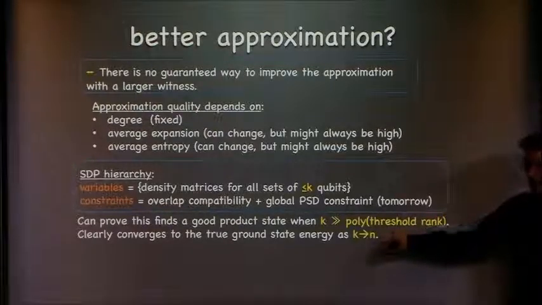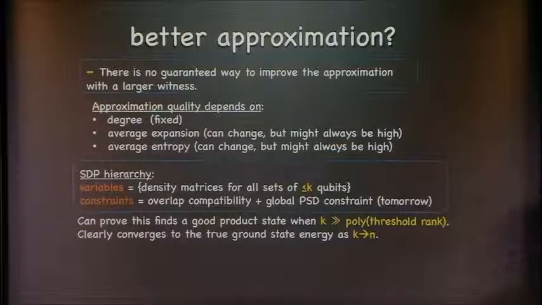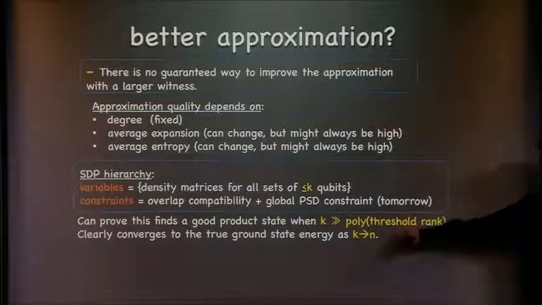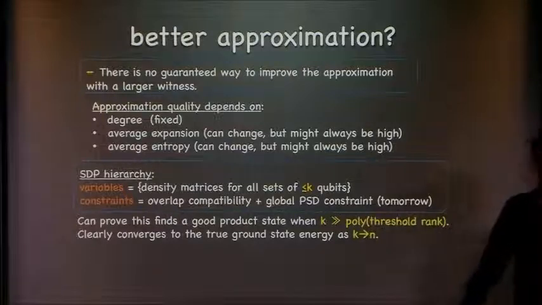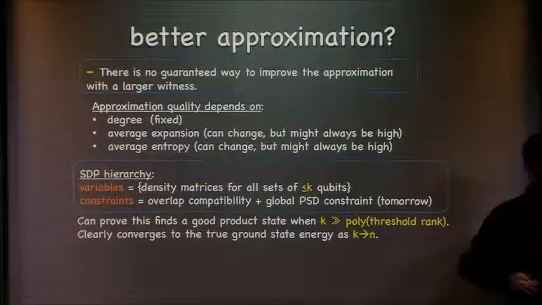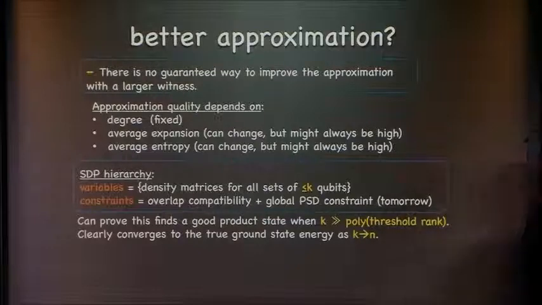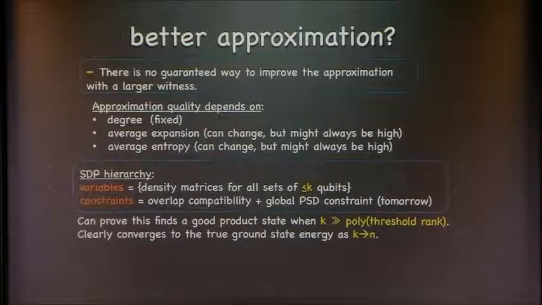And also, of course, as k converges to n, this will eventually give you the exact answer. If k is equal to n, this is just exact diagonalization. So at that point, you're spending exponential time. So this does interpolate between something very cheap and something that's expensive and gives you the exact answer. However, there's something still unsatisfying about it, which is the only type of state it will ever return for you is a product state. It will not give you some family of increasingly entangled states that converges to the right answer, but the only way we could figure out how to return a state from this is to get a product state.